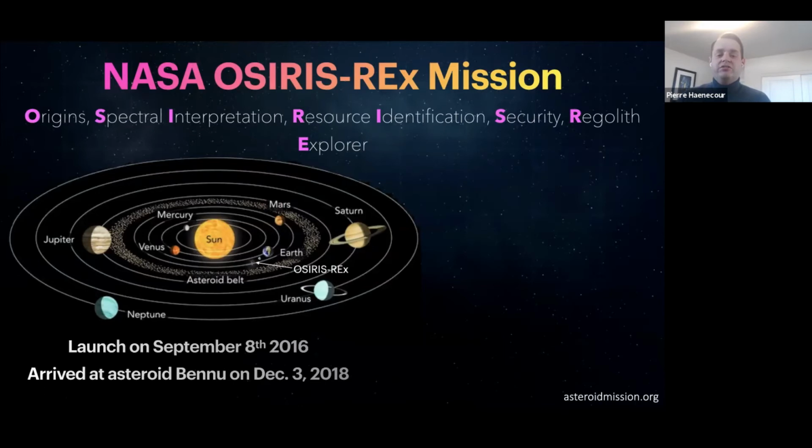pieces of an asteroid. OSIRIS-REx is an acronym: Origin, Spectral Interpretation, Resources Identification, Security, Regolith Explorer. It was a mission launched on September 8, 2016, and it went to study the asteroid called Bennu. And the reason for it is that if you think about the asteroid belt,